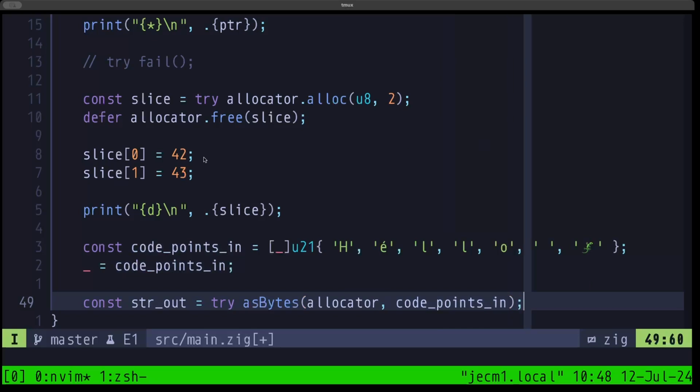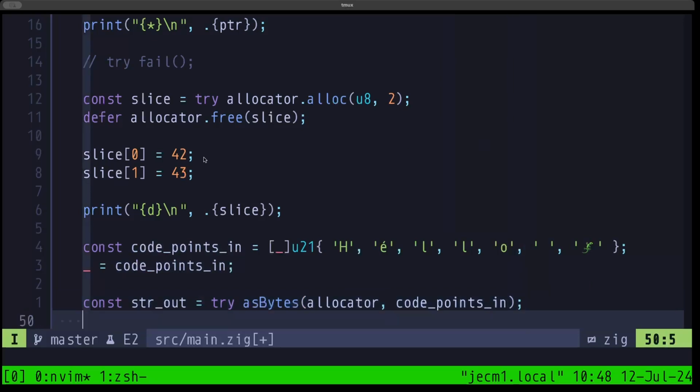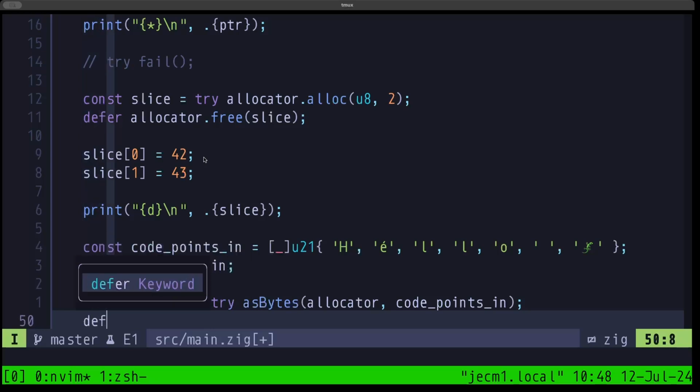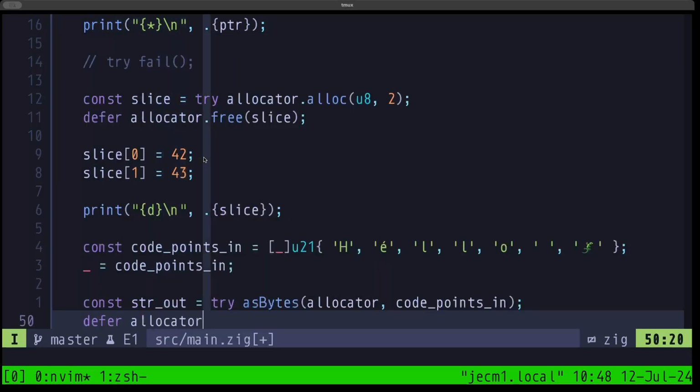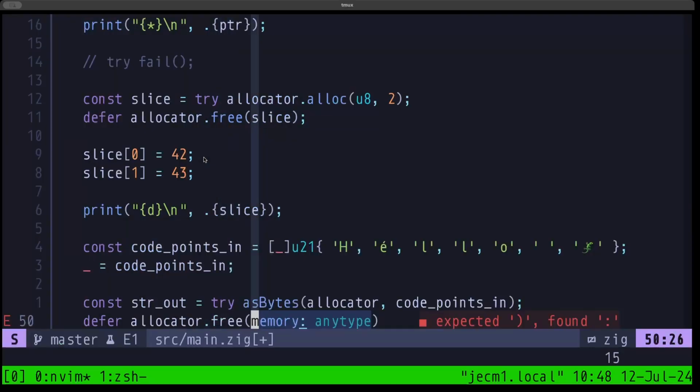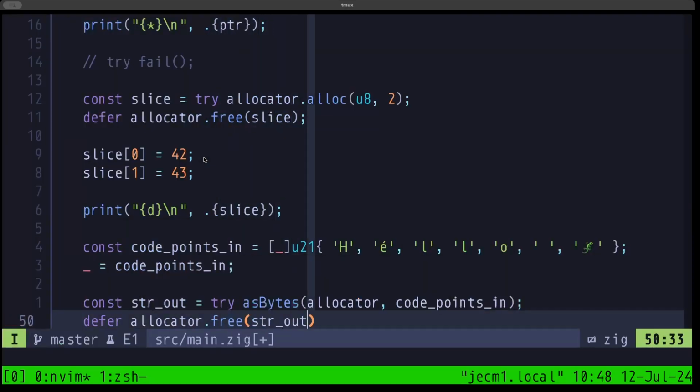Okay, and now this is returning a slice of bytes which we have to free. So let's do a defer allocator.free str_out,